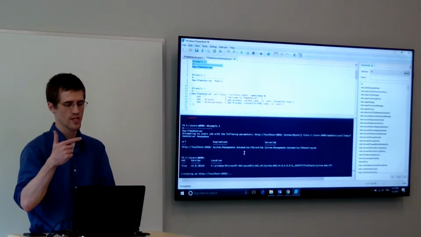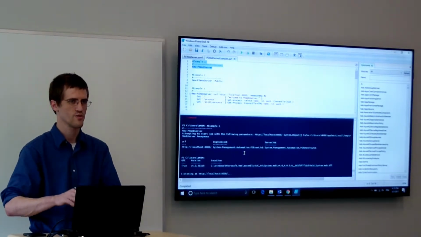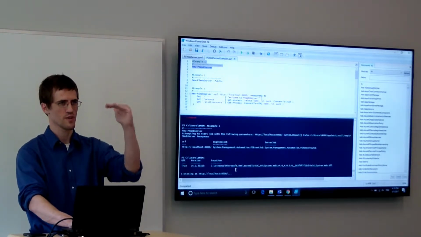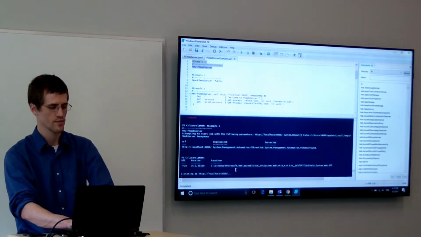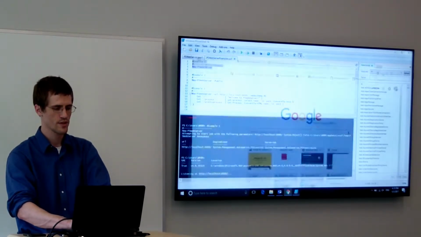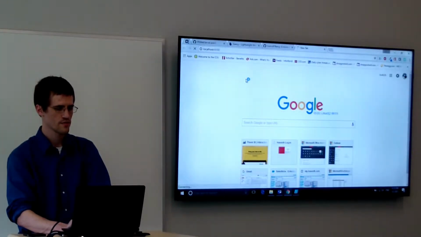So when requests hit the server, it should pop into your prompt with a little write host. It is kind of quirky in that it pushes my cursor down, and I'm sure there's a better way to do that. But it starts listening at localhost 8000, and if I punch that in a web browser, I should get